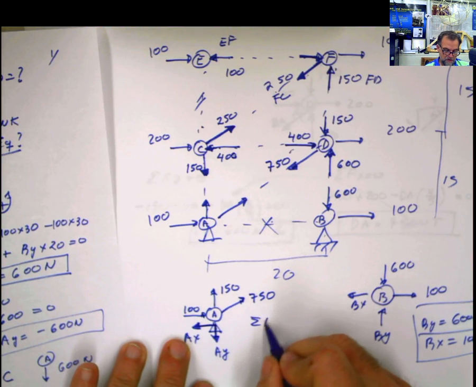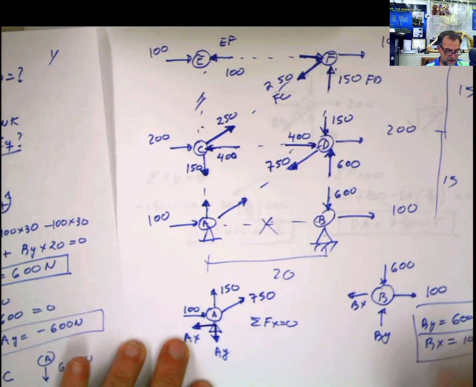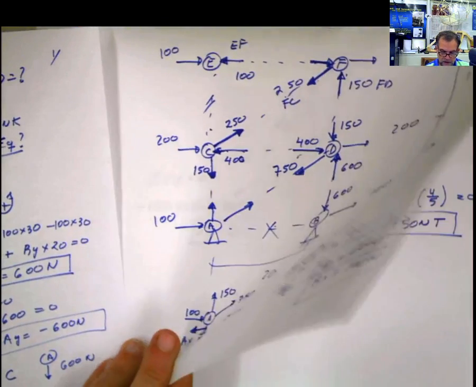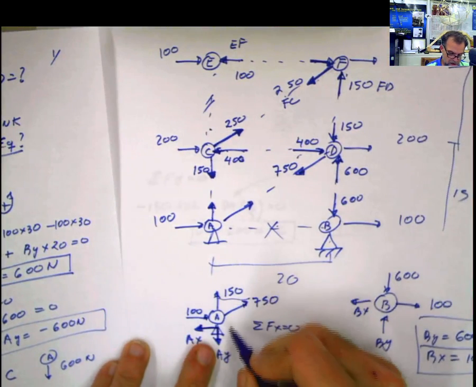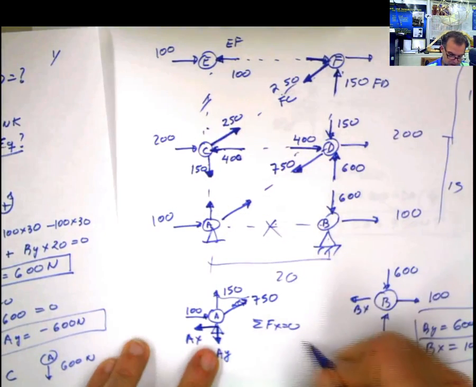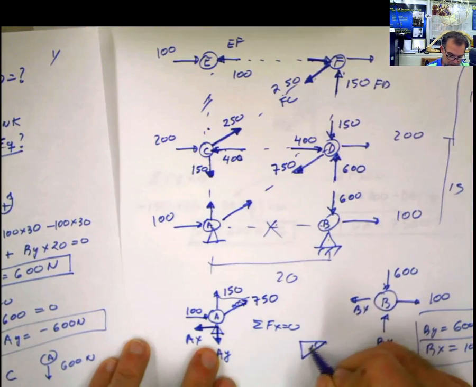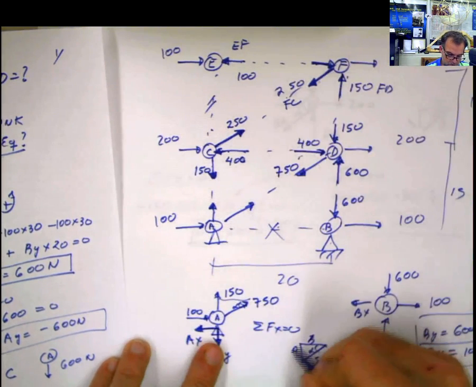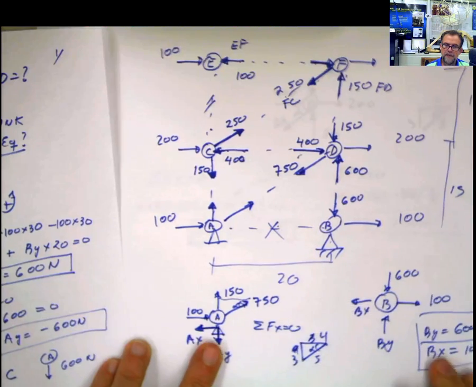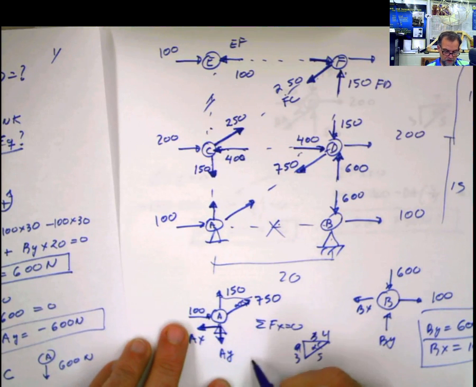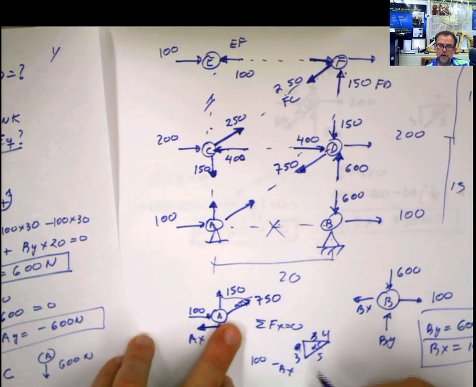If I do summation of forces in X equals 0, once again, where is our triangle? Our triangle is this triangle here. So this is alpha all the time. Remember that our triangle is this triangle here. Alpha, 3, 4, 5. No, 4, 3, 5. If this is our triangle here and I do summation of forces in X, then I'm going to have positive 100 minus AX plus